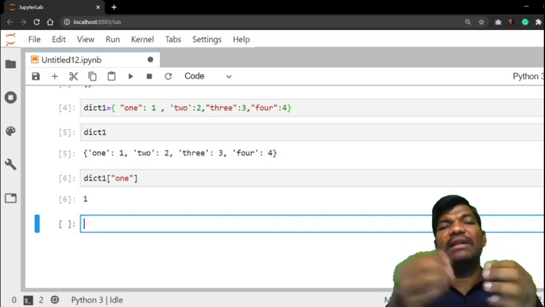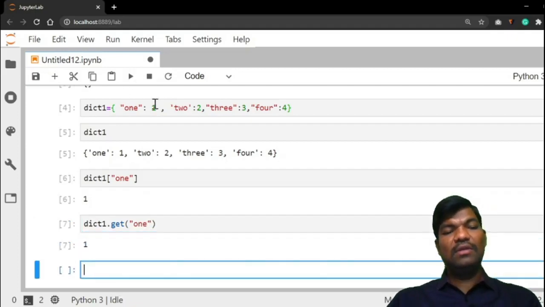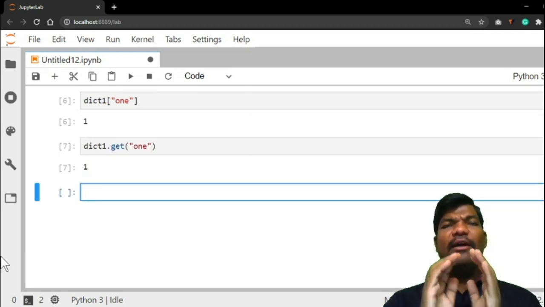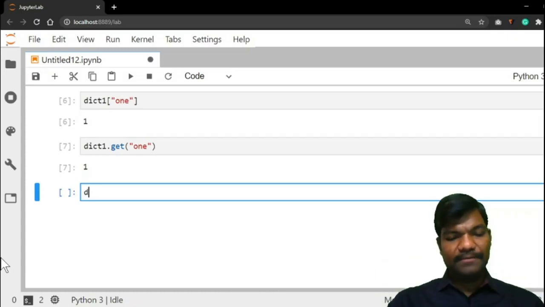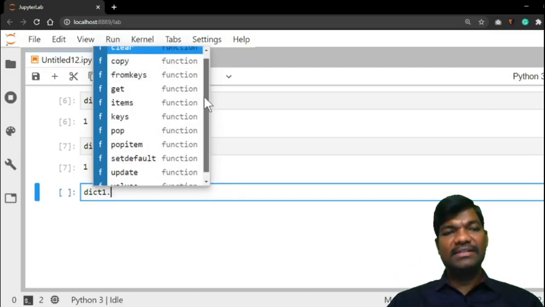Now another one, the get method. dict1 dot get of 1. This is another method to access the values. Now display only the keys in the dictionary. How to do that? dict1 dot, press tab. These are the different functions.